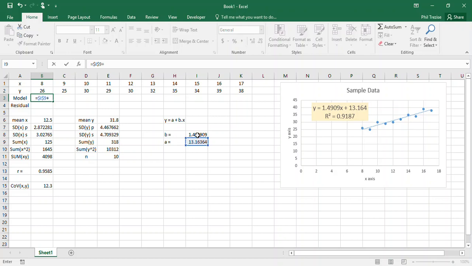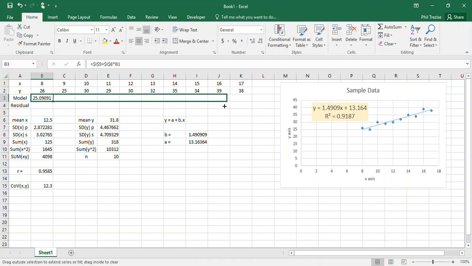Plus, I click on the cell reference for B and I press the F4 key again for the dollar signs, multiplied by, now the formula says B times X. Where is the X value stored for this particular answer? I'll be using the X value here stored in cell B1. Now, I do not want dollar signs on this one. That's calculated out the value predicted by the formula, or the value that I would find on the dotted best line. When I copy this one over,